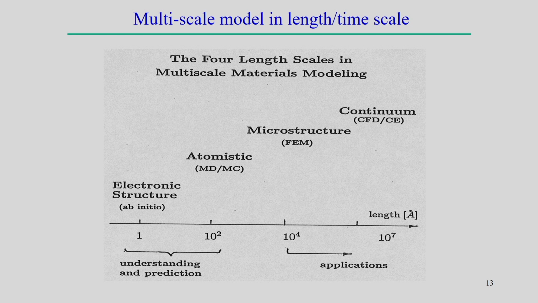Then the continuum scale, where you can use the CFD method, or maybe the finite element method can also be applied, but the resolution of the properties in the continuum scale means the millimeter scale, maybe we are doing all this analysis at the millimeter scale. That means the modeling approach at the continuum scale is able to predict what is happening at the millimeter scale. But if we develop some model on the continuum scale, it will not be able to predict what is happening in the electronic structure, that means at the atomistic scale. That is not possible to predict what is happening at the lower scale.